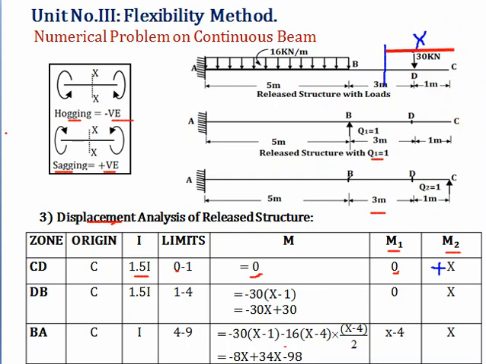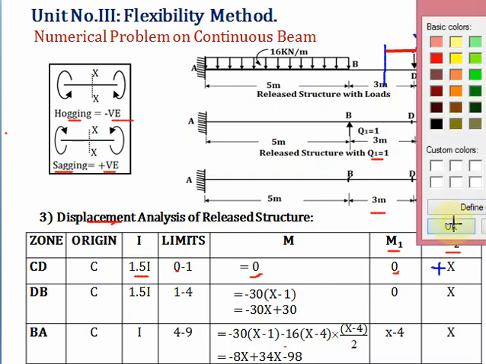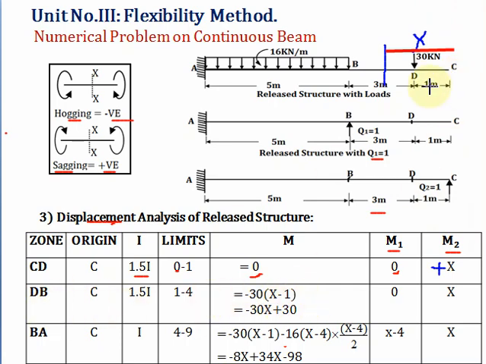Now we are going to find out the bending moment. Here there is a load of 30 kilonewton, and this 30 kilonewton load acts in this way, on the right hand side of the section. So the nature of bending moment will be hogging, so here it is minus. Bending moment is force into distance. The force here is 30, the intensity of force is 30. And what is the distance here?